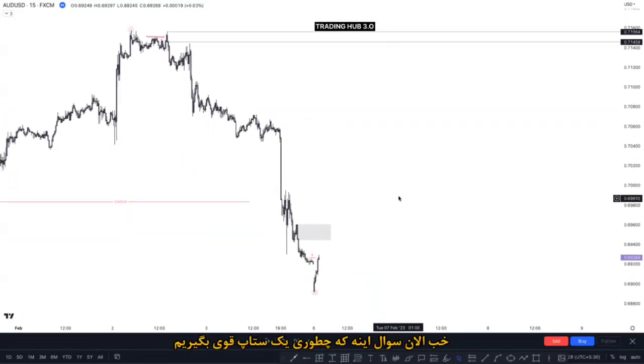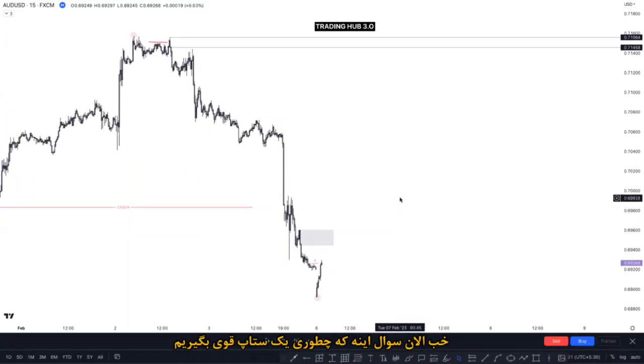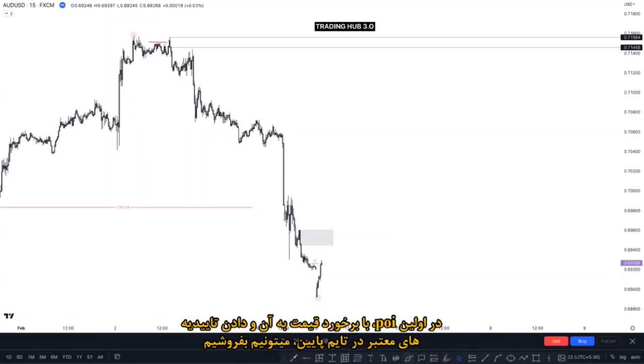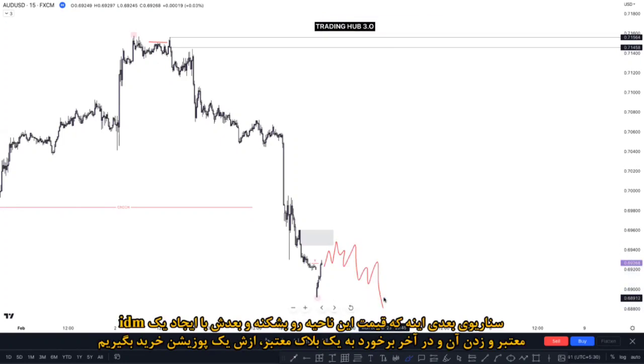Okay. So how can we think in terms of probability? Where is our high probability? The first POI is here, right? If the market taps here and gives any lower time frame confirmation, you can sell here till this low, right? And the next possible scenario is here. If the market taps here but does not respect anything and continues going higher,